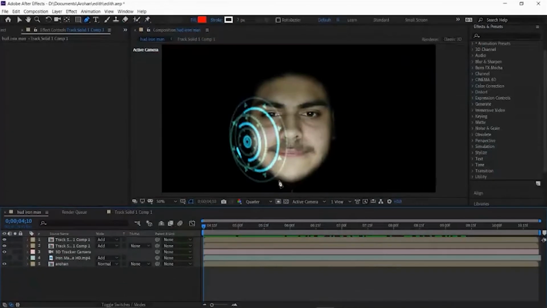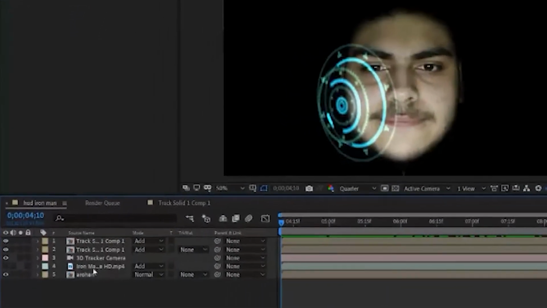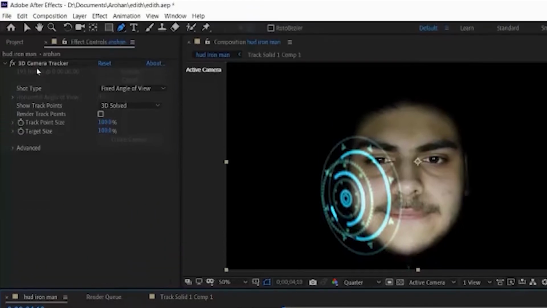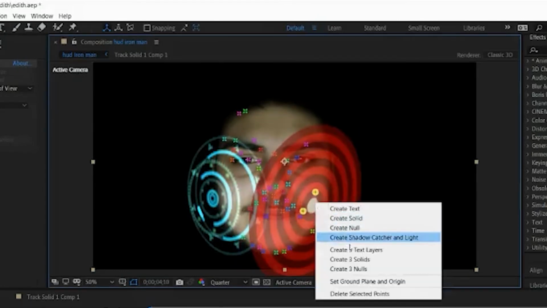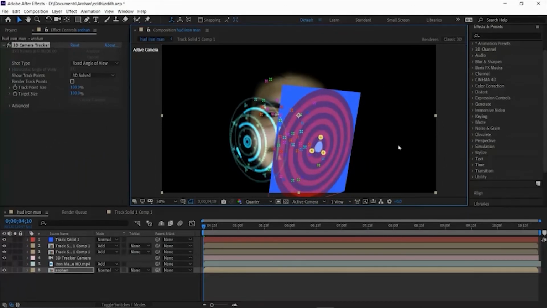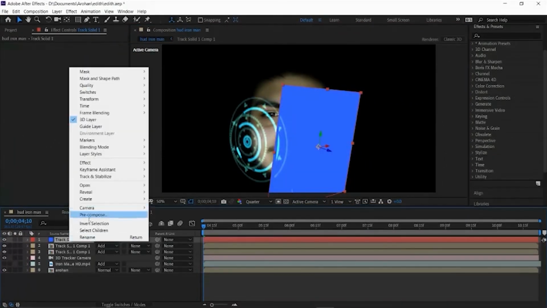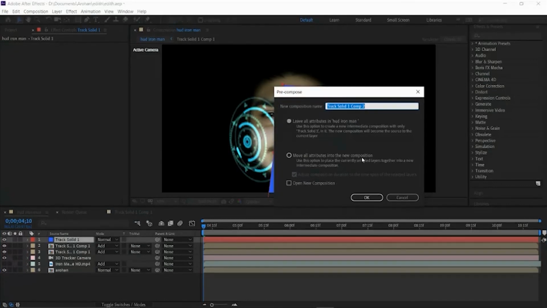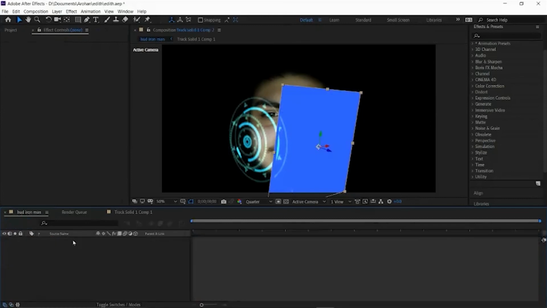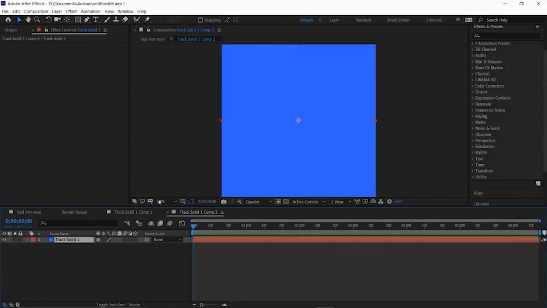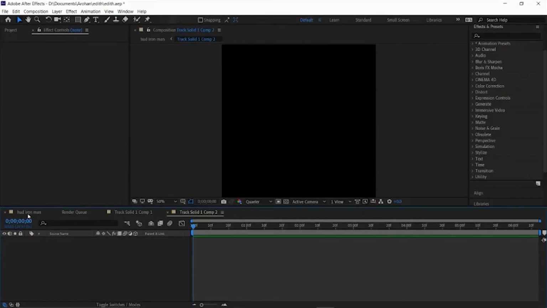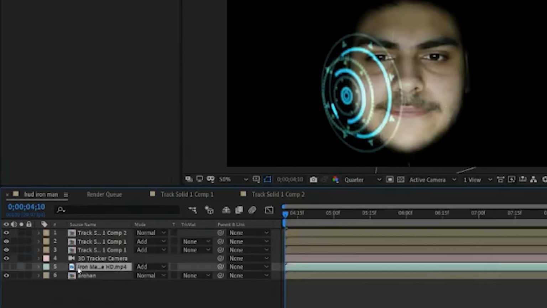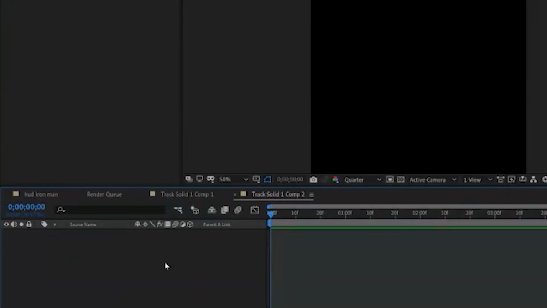We can just create another track camera. Sorry, we can create another plane. See, just create another plane, create solid. You'll get that plane, pre-compose it, use the option leave all attributes in HUD Iron Man, then go to that layer, go to that pre-composition, delete whatever track solid or the blue part was there, import the Iron Man footage here into that plane,